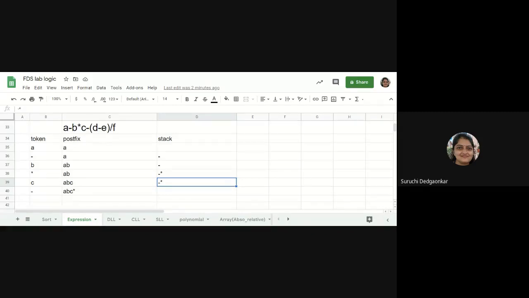Okay, so if it is greater, then only we are going to pop. So equal precedence operators will be pushed. So both minus will be there. Okay. Then